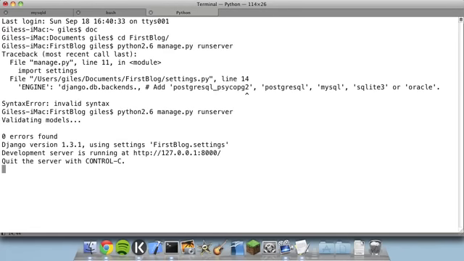Okay, that's great. We've got our Django project running on the development server with no errors. So in future, when you want to run your development server, you just need to run this one command. You just need to do python2.6 manage.py runserver. That's all you need to do. However,